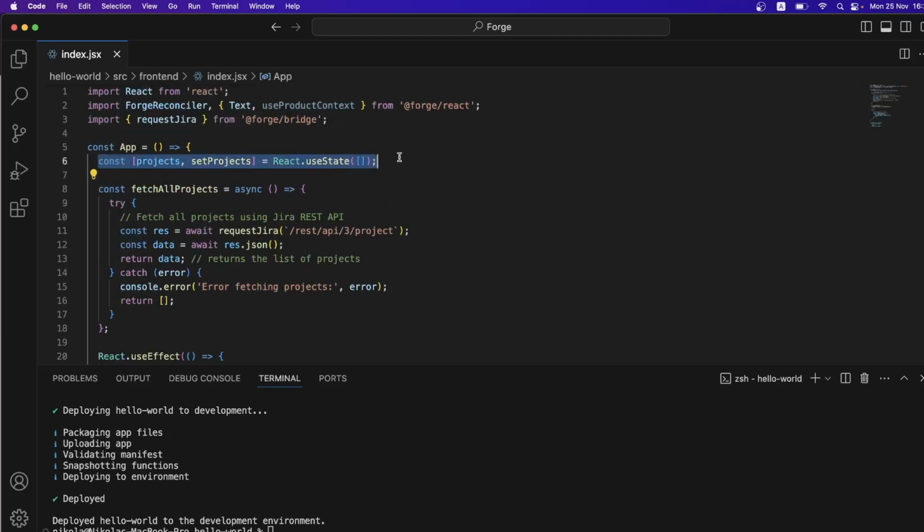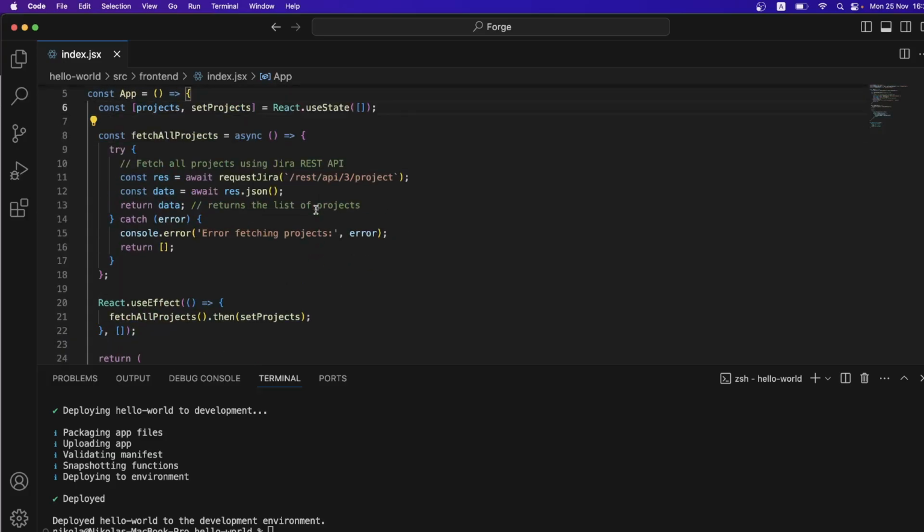So first of all, it begins by defining the React class, of course, that is using the useState in here. The second is actually fetching and calling the API itself, where first of all, I'm requesting from the Jira and using this